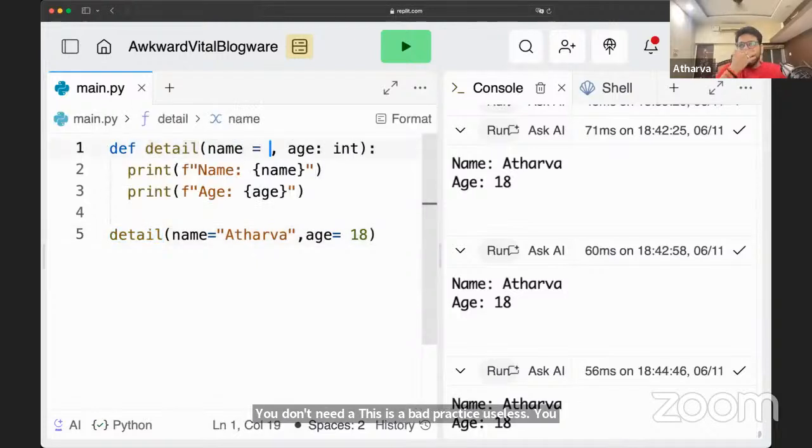However, you might be seeing this a lot, which is the default parameter pattern.